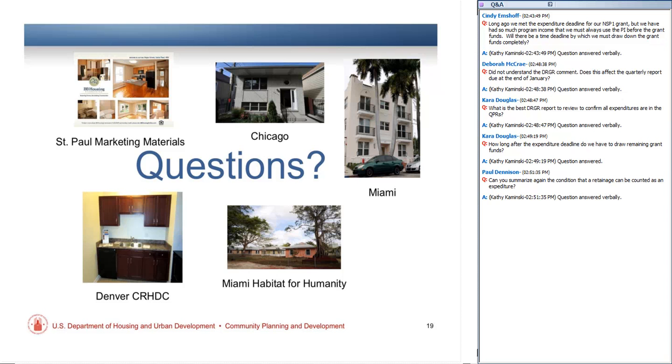And I realize that you guys have done some great webinars on how to make all these fancy reports in DRGR, but that's way over my head, and I didn't have time to figure it all out. So I'm still trying to use just what you guys provide, which, if I can find out which one, will be helpful. If you pull your QPR